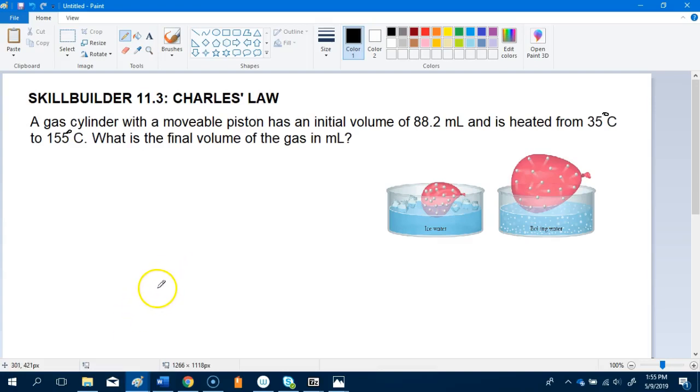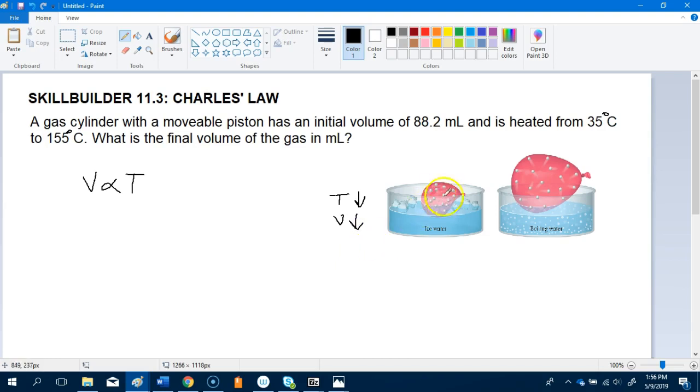In this video, I'll be doing the walkthrough for the solution to Skill Builder 11.3, which is based on Charles's law. Now, first of all, we need to look at Charles's law. Charles's law states that the volume of gas is directly proportional to temperature. So what that means is that as the temperature decreases, the volume is going to be directly proportional and decrease